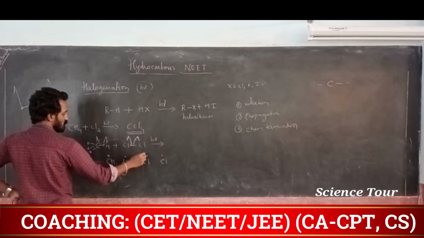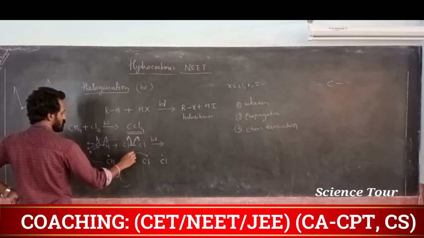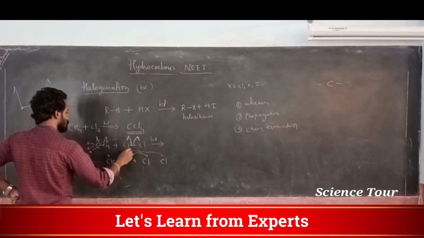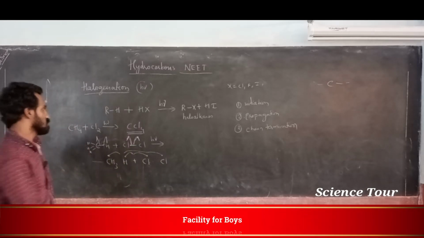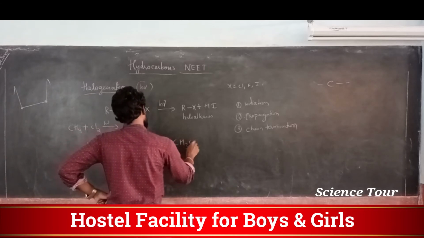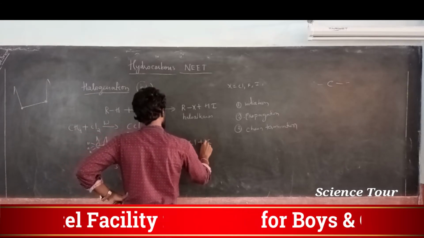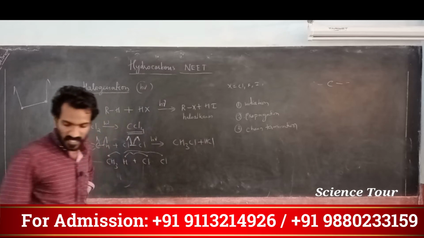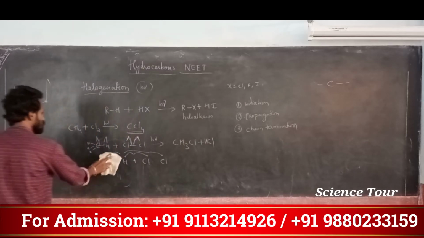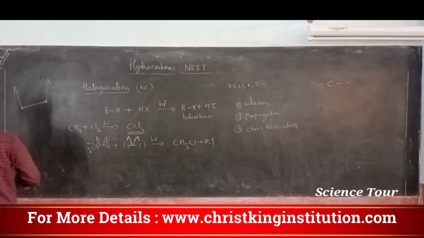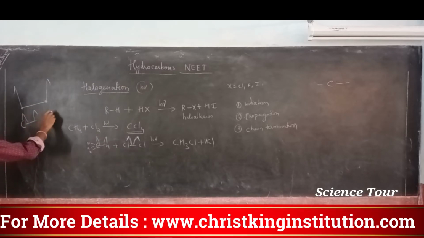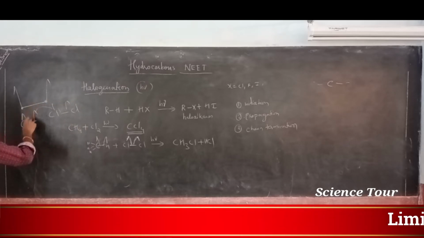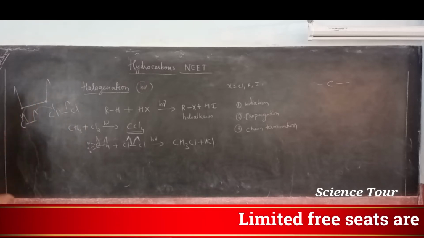So this Cl electron and this Cl electron combine with each other, and this electron and this electron combine with each other. So you are getting CH3Cl plus HCl. Each time the reaction is taking place like this only. See, my dear students, each time I can't write again and again. Here 1 electron moves here, 1 electron moves here, and this electron combines with one of these. Correct?